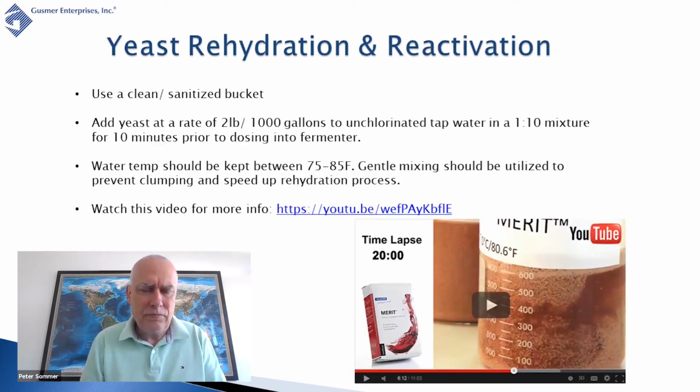Next slide. So use clean water, preferably non-chlorinated, in a clean bucket, and you add the recommended dose of the yeast in a ratio of 1 to 10. And I would say that 10 minutes, you just leave it there. Don't stir it too much at this time, but preferably if you have the time, 20 to 30 minutes is ideal. Then you can start to see that these dry pellets start to thicken and the water is getting into